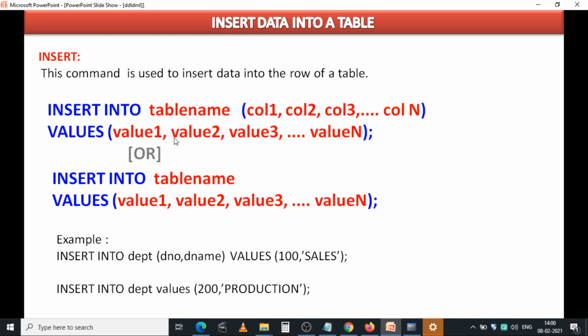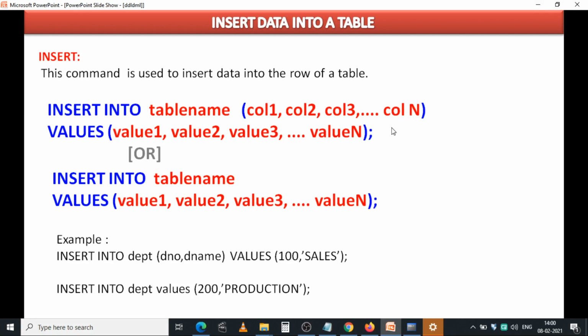Or this can be written like this also. Actually here column 1, column 2, column 3, and so on, column n are optional. If you want to insert values in all the columns, no need to mention the column names. If you insert the data into only specified columns, then you need to mention those column names here.